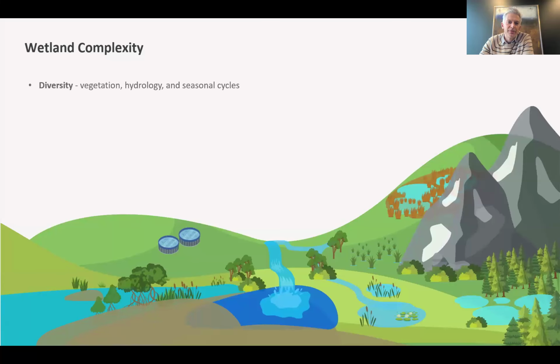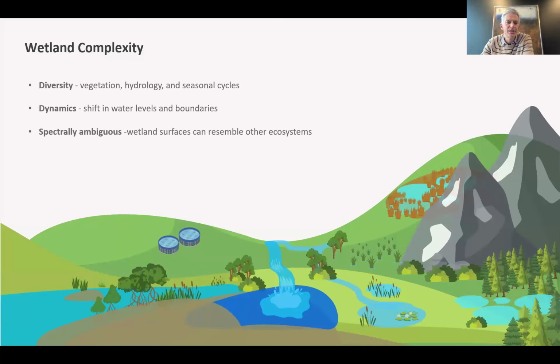So wetlands are very complex. I just want to stress this because it also tells you what challenge we are at right now. They're very different. They are across very many different ecosystems. The water regimes keep changing. You can have a wetland that's a wetland for a couple of years, then it dries out, it comes back again. So there are very many different extent changes, dynamic changes, ecosystem changes,